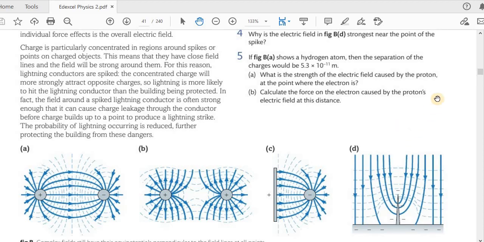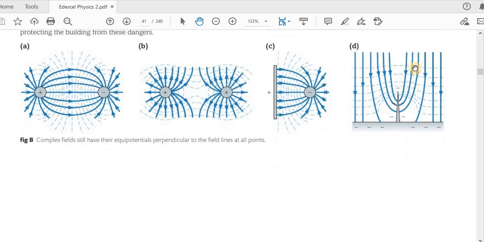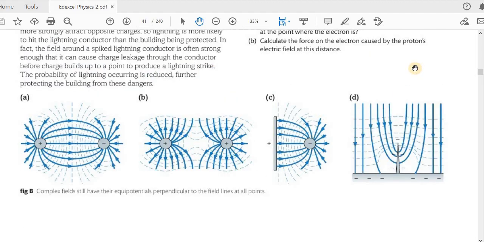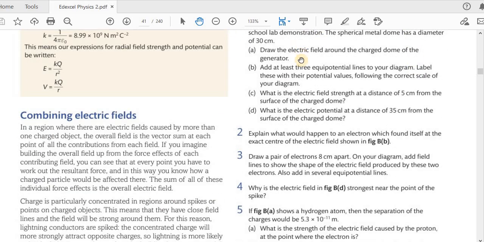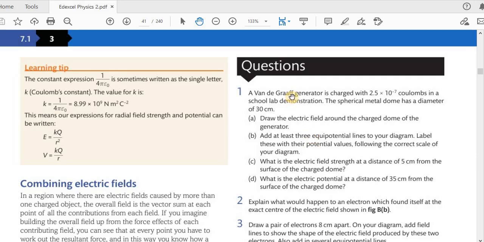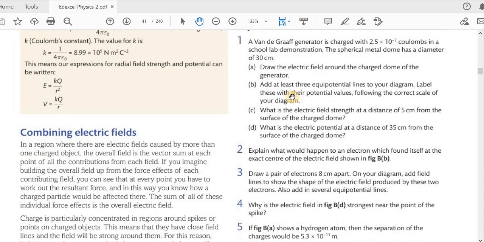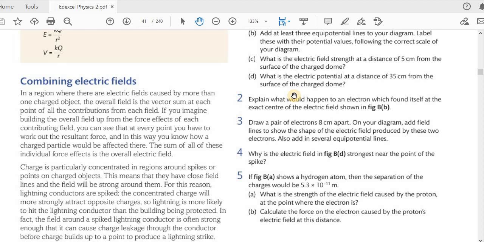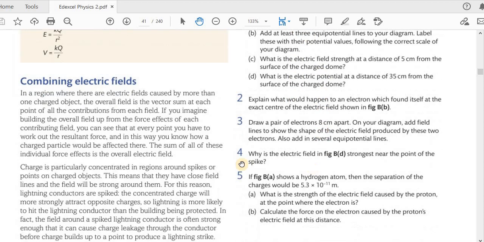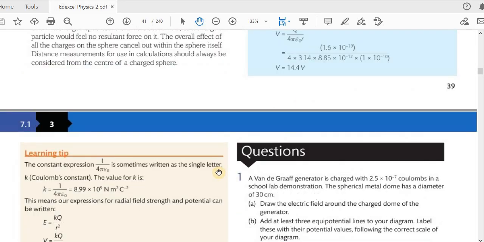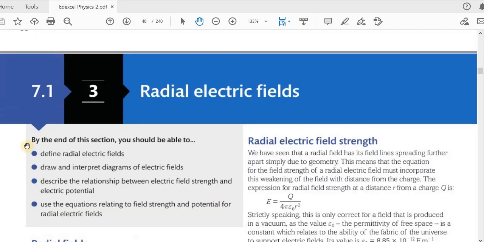Okay, all right, so that is the end of that part, that lesson on radial fields. Make sure you answer all these questions and check the answers in the answer sheet. The questions here are based on what we learned in chapter 7.1 part 3, radial field. So briefly,